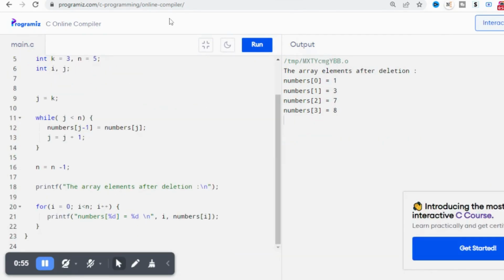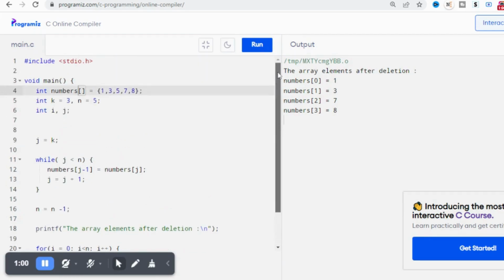Third is the deletion operation. Deletion refers to removing an existing element from the array and reorganizing all elements of an